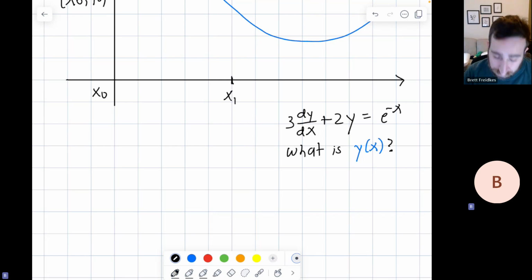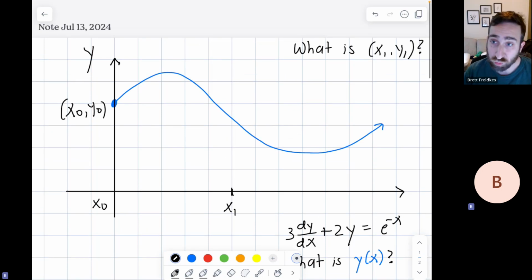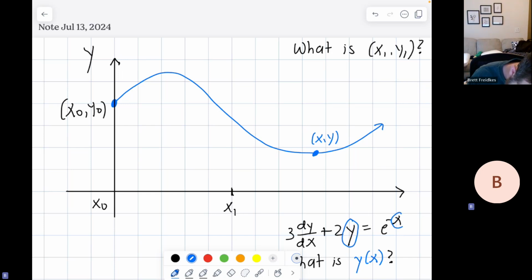And the reason I'm putting it in blue is because it might be graphed. This might be the answer to that differential equation. It's not. This is arbitrarily drawn. But what this is saying is that if I pick some random point, x, y, if I look at the value of y and the value of x, and also the derivative at that point,